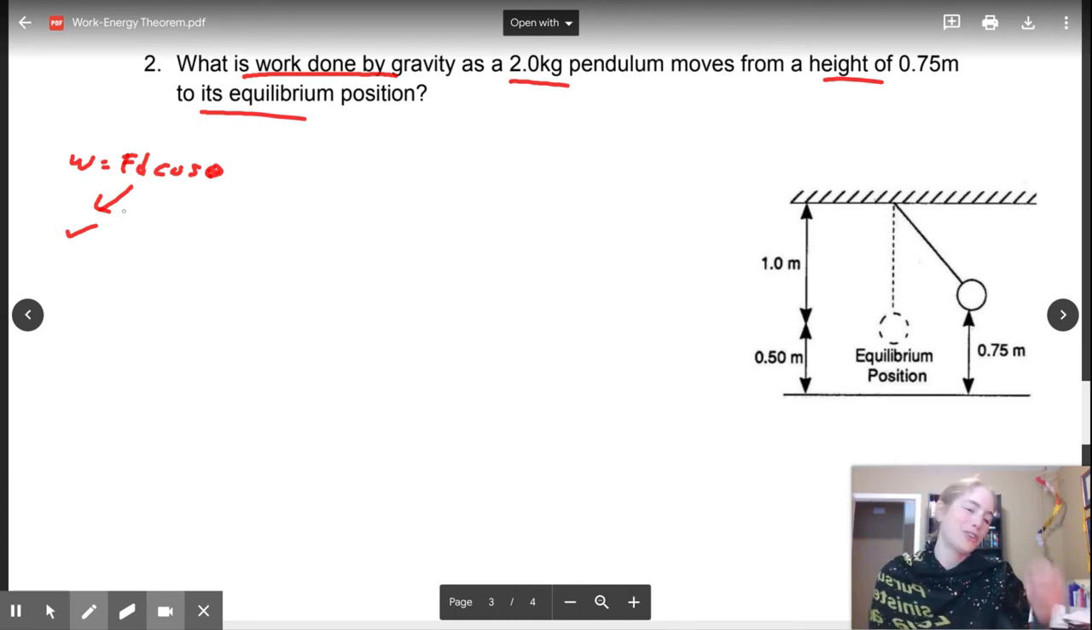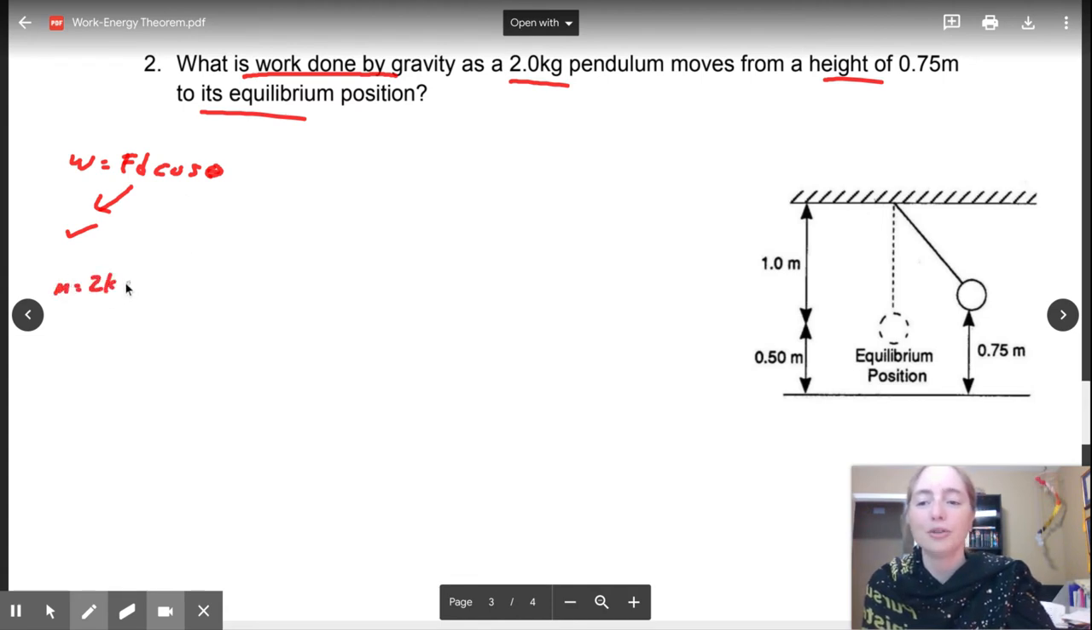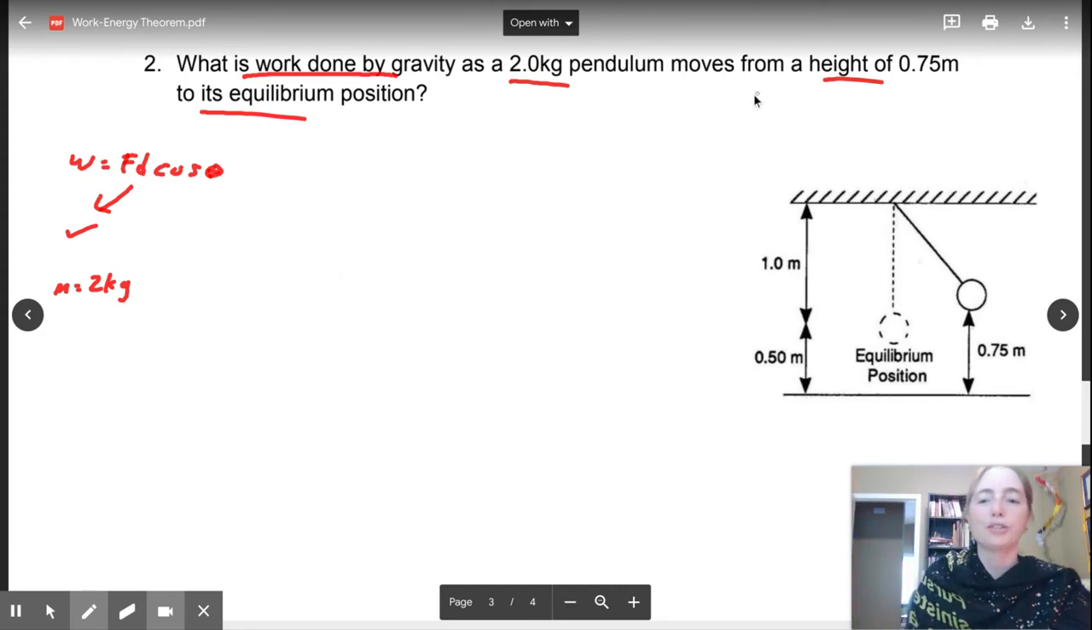But because I've already shown you how to do that, we're going to look at how to do this from the concept of conservation of energy. Okay, conservation of energy. Work energy theorem. Conservation of energy is the next video. Okay, so ladies and gentlemen, I have the mass of the object of 2 kilograms. Okay, so the work done by gravity as the pendulum moves from a height of 0.75 to its equilibrium